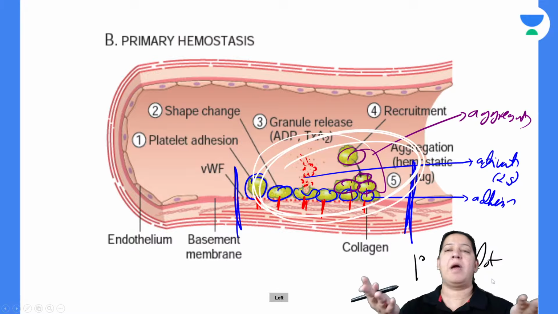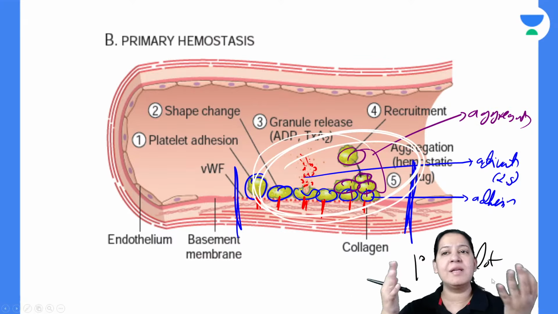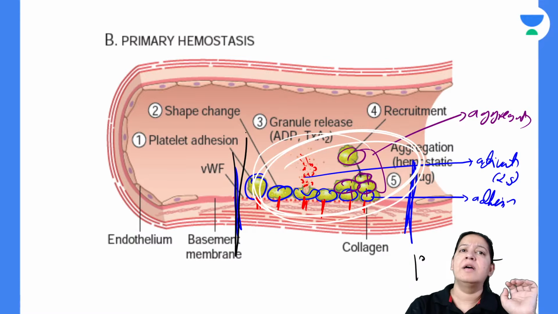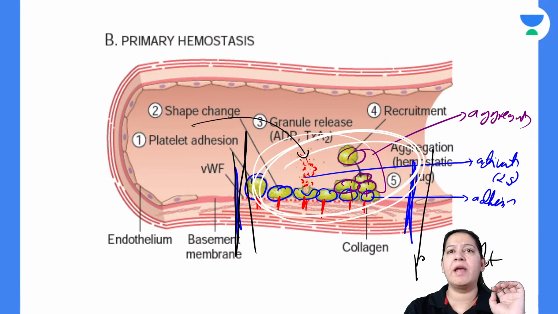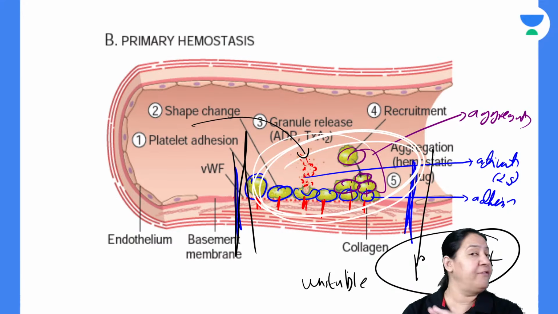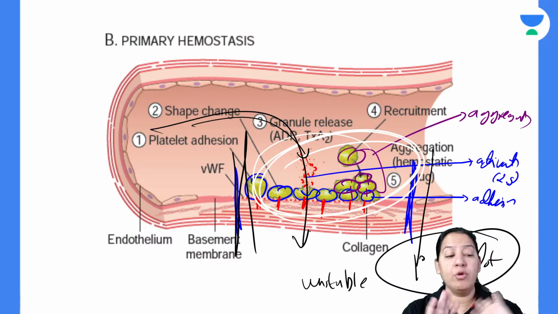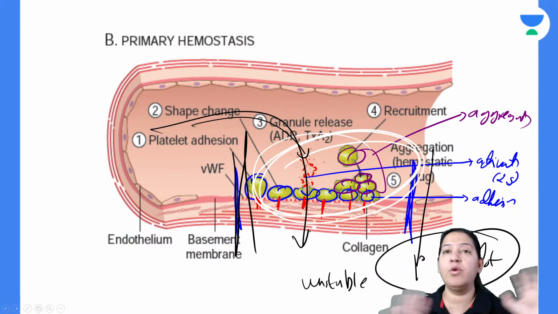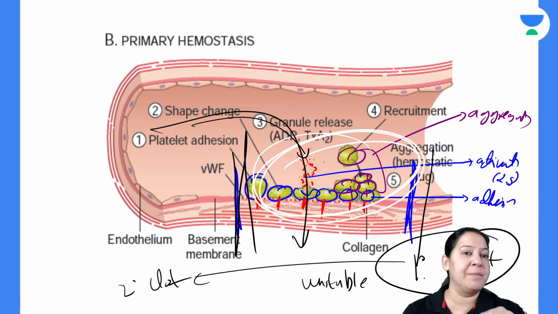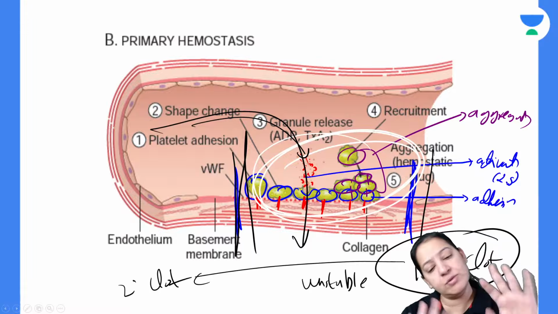Now, you will say, ma'am, the primary clot is already formed. Now, what is the need of formation of a secondary clot? The primary clot is sufficient. It has already sealed the site of the injury. Now, there is no bleeding, but this clot is unstable. Remember one thing. Primary clot is very unstable. If you don't stabilize it soon, it will break and bleeding will start again. I do not want the bleeding to start again. I do not want this primary clot to break. So I have to convert the primary clot into secondary clot. Once we stabilize it, it is known as secondary clot.